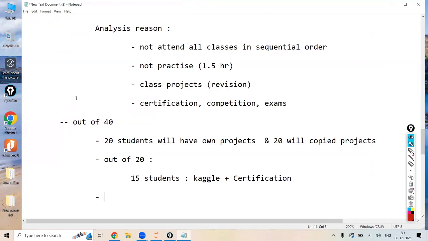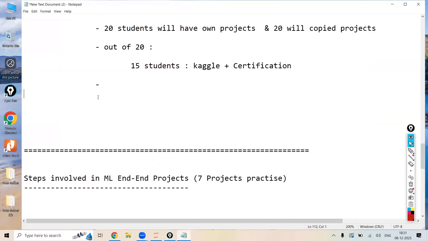Now overall, out of 120, how many got selected, miss? Out of 120, finally how many got selected? Only 12. Why 12? Because of this reason. Many students will enroll in the course, and just by paying the money they'll think that they have got everything. But the actual thing is this. In order to get the job, I'm not saying the job, to get the interview call,